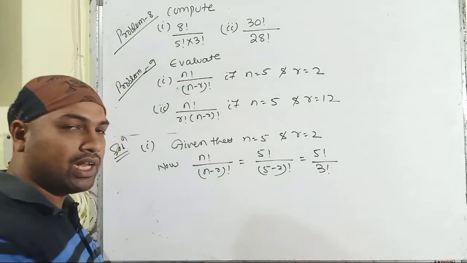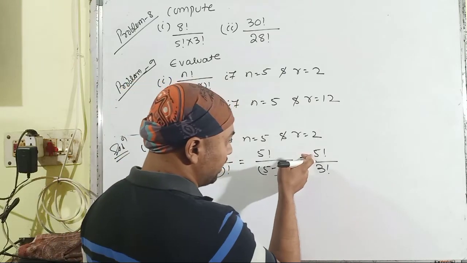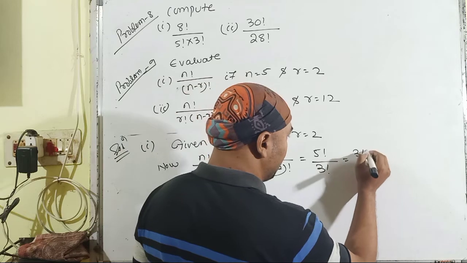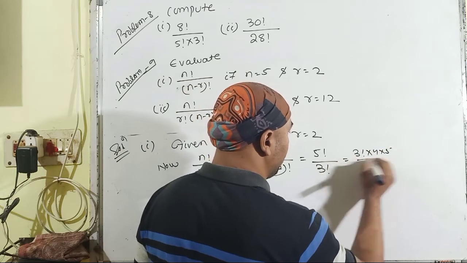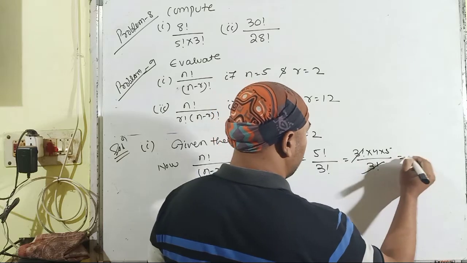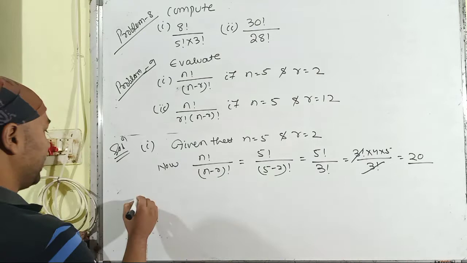Again that same case arises, as in the previous problem. First of all, you have to convert, or express, the greatest factorial in terms of the smallest factorial. So it will be 3 factorial multiplied with 4 multiplied with 5, divided by 3 factorial. Cancelling both of the terms here, you can have your answer. Then again the second bit is here.